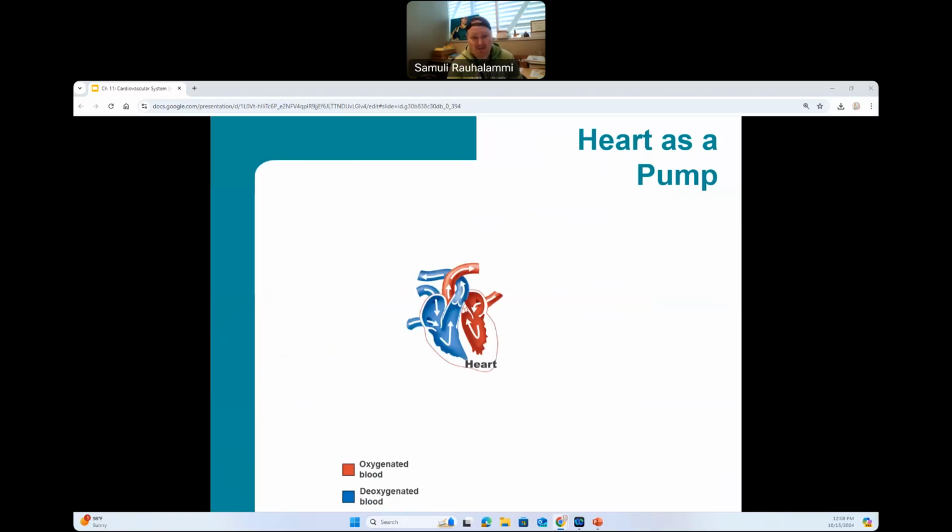So really, if we think about that, the human heart is almost like 2 pumps. Let's look at that a little bit more, and we're going to start from the right side. So from the right side of the heart, we're pumping the blood to the lungs. This is known as our pulmonary circuit. And there, the deoxygenated blood gets loaded with oxygen that then returns to the heart.